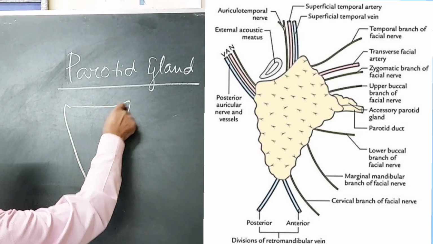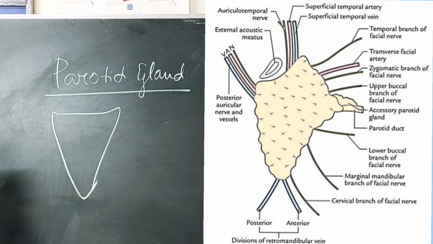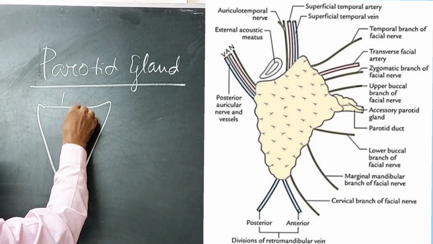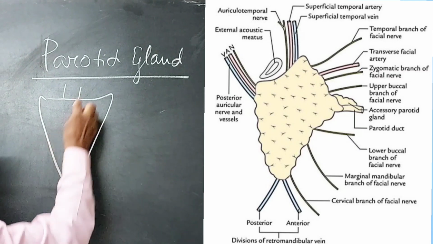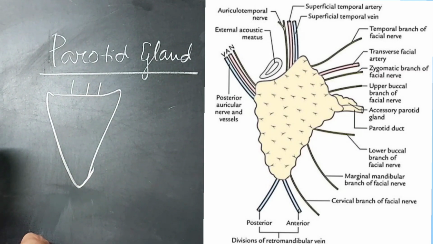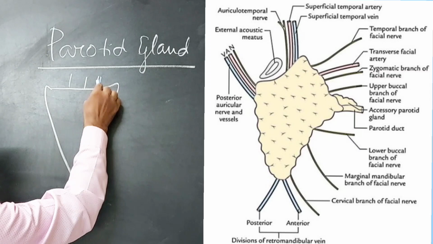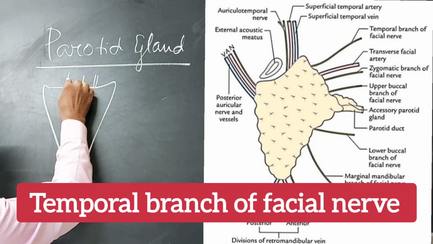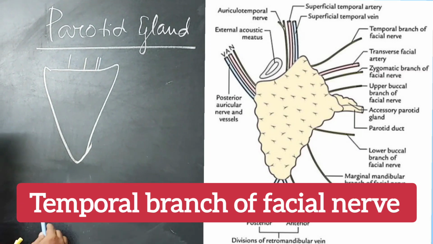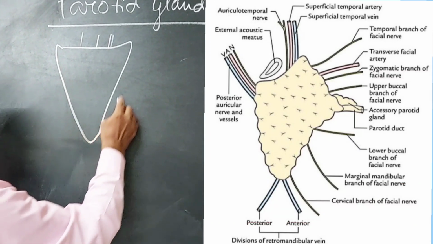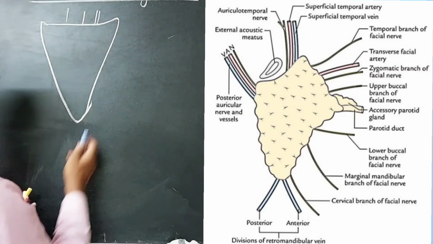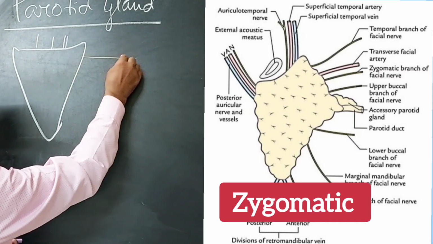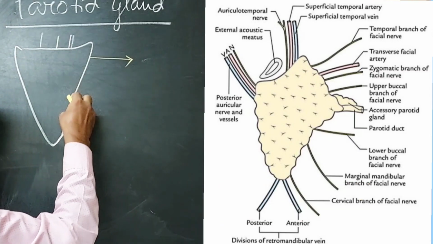So this is the base or the upper surface. The structures attached to it are one nerve, two nerve and one vessels, artery and vein: the superficial temporal artery and vein, auriculotemporal nerve and temporal branch of facial nerve. These three. And here from the anterior border, the structures will be zygomatic branch of facial nerve, this one, then